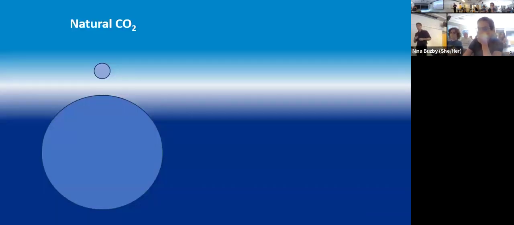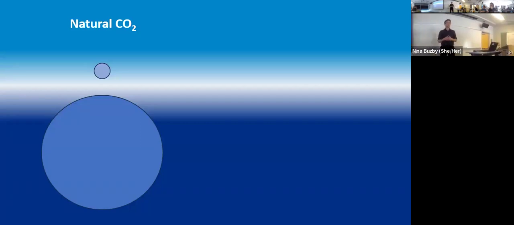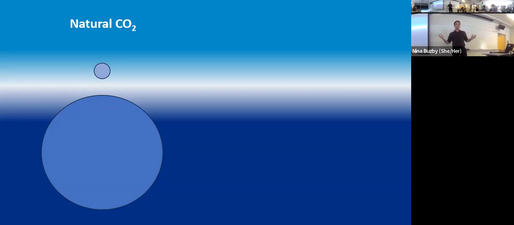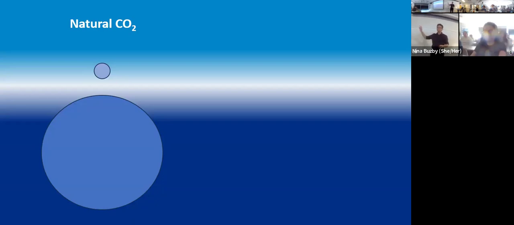Okay, so many of you in this room probably already have that. This is trying to answer the question of why does MCDR get its own acronym? Why is there a little M there? Why not just CDR writ large? And this is a very simple diagram showing 2 dots. The dot on the top represents the amount of carbon that is in the atmosphere naturally. The dot on the bottom represents the amount of carbon that is in the ocean naturally. And the point here is very simple, is that the ocean dot is very large relative to the much smaller